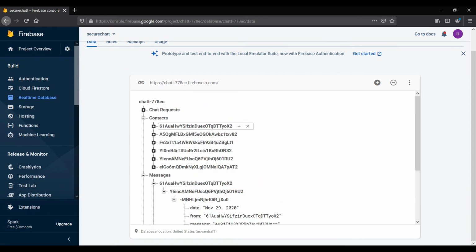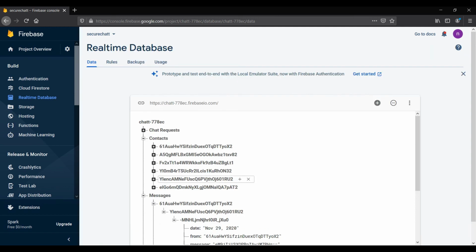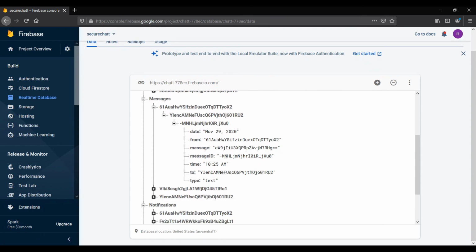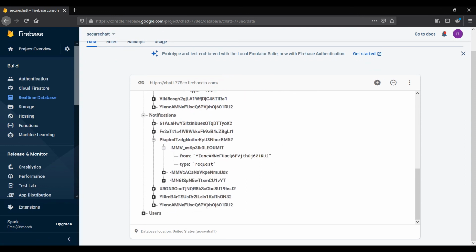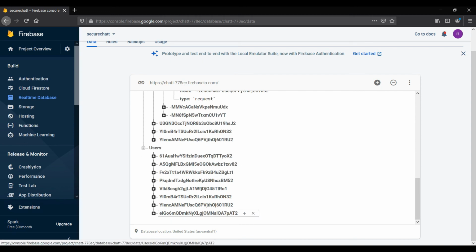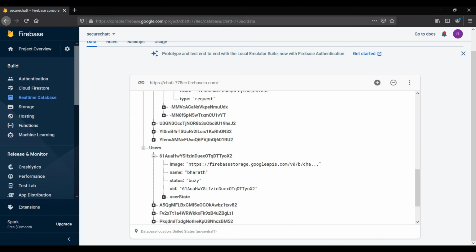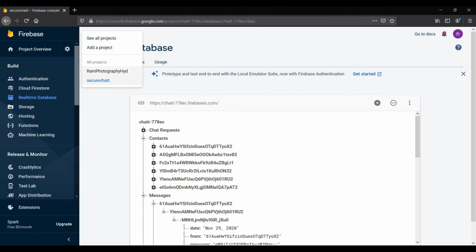And contacts also, you can't understand which person has whose contact, because here we are not using any names. We are using their user ID, so it is more secure. In the notification also, you can't see any plain text, because it's directly encrypted. Users also, you can't see the names, what their contacts are, or what they are transmitting. And I will show you the same thing in another application.